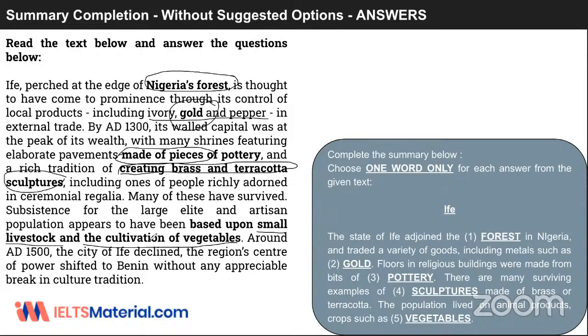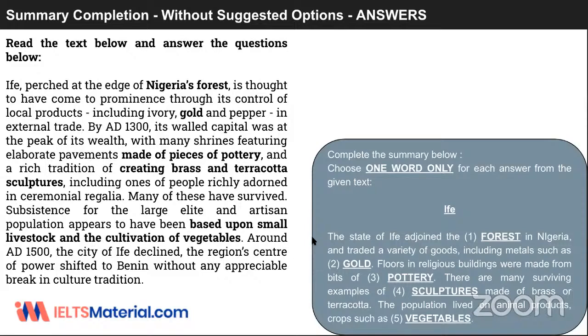They have not taken the exact way of writing from the passage. They have changed the method of writing. They have changed the position of the words in writing. And then you need to understand how properly they have mentioned the possessive pronouns, I would say, the possessive way of writing the nouns. You need to take that into consideration, and only then it will be possible for you to understand them properly. Now, this is summary completion without suggested options.